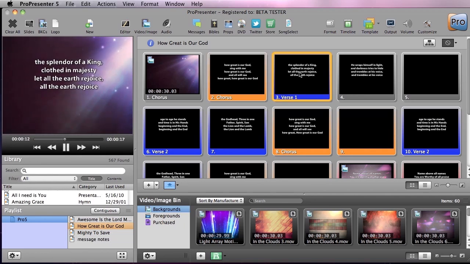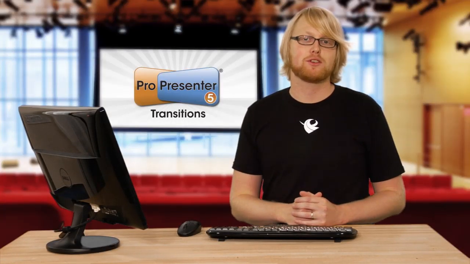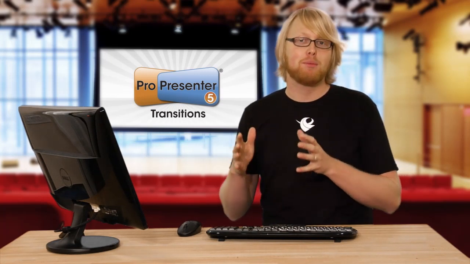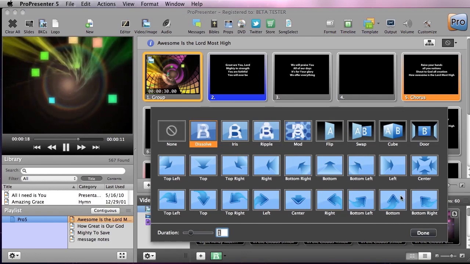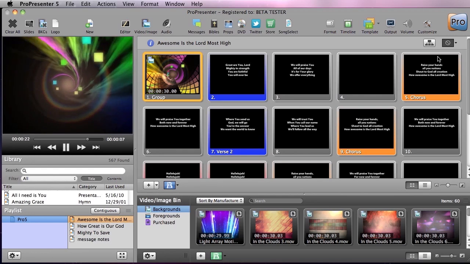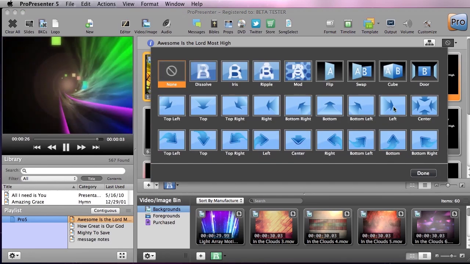So now when I click these slides, you'll see that the text keeps moving forward after it comes in and extends the motion. But not only can we set global transitions inside ProPresenter, we can now set per document transitions and even per slide transitions. The transition button we clicked before is our global transitions, but to set a document transition, I'm going to go to the upper right hand corner and I'm going to click on the transition button